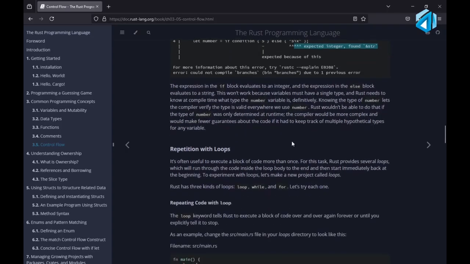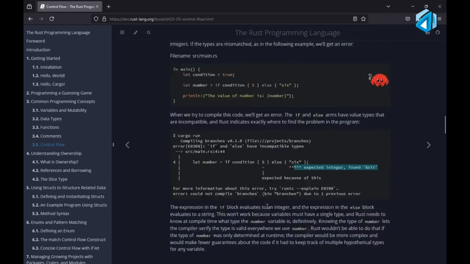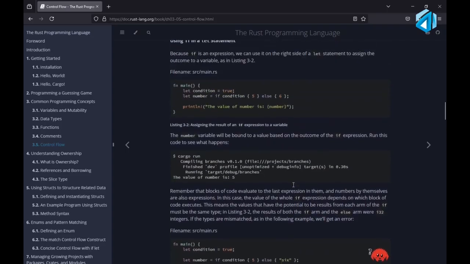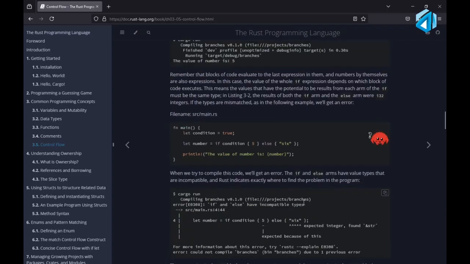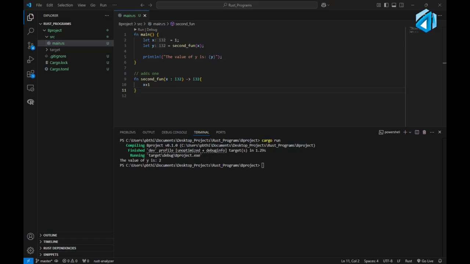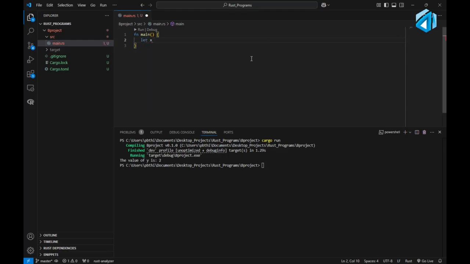Now we have the repetition section. Before the repetition section or loops, we will use our VS Code to run the above example. Let's open our VS Code. We have our second function, and this is it, so let me clear this. We will define our number first. Let's try let x of type i32 equal to